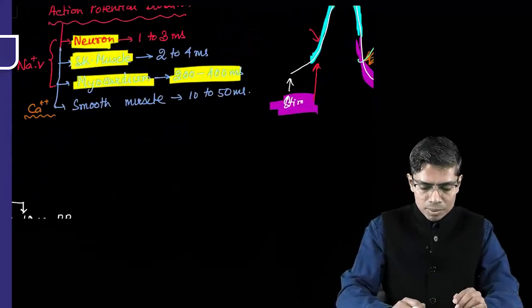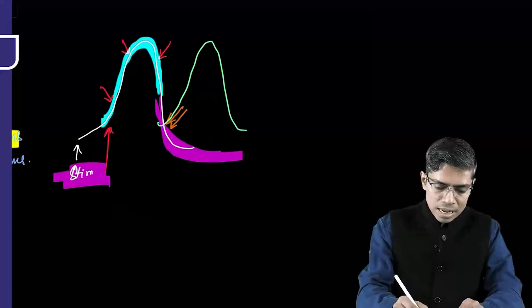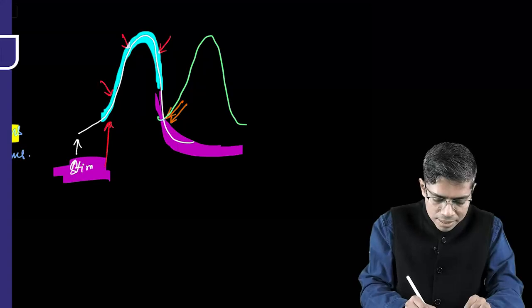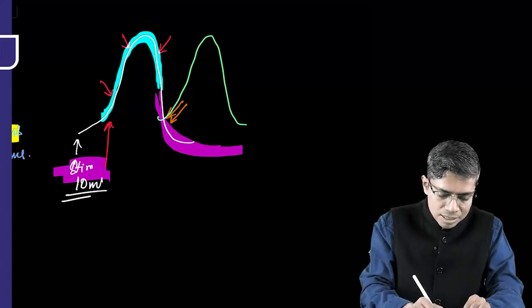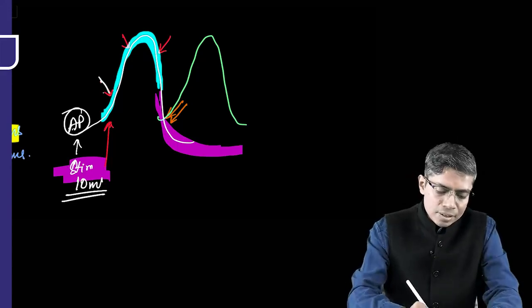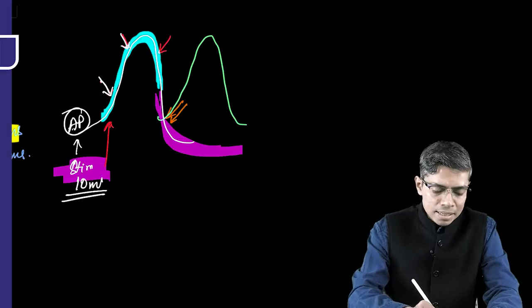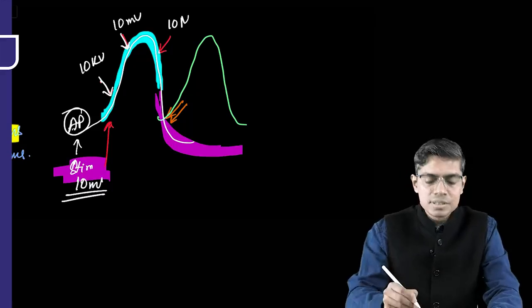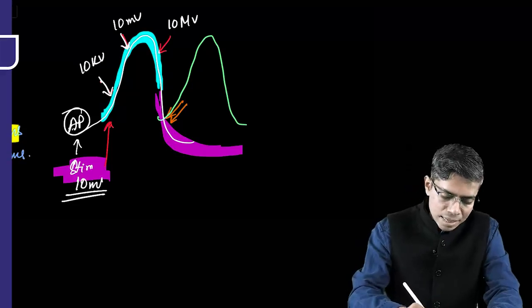But the concept is that, suppose I have given a stimulus of 10 millivolt and generated this action potential. If I give any kind of stimulation, maybe 10 kilovolt, maybe 10 megavolt, in this area